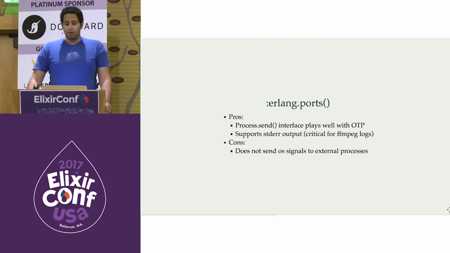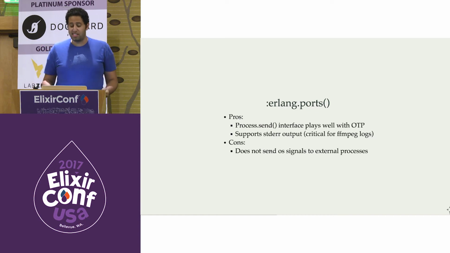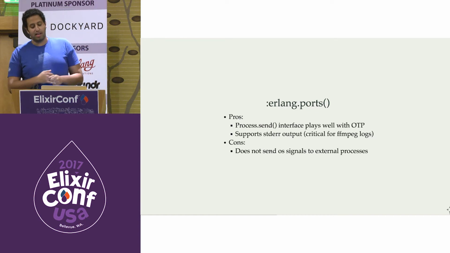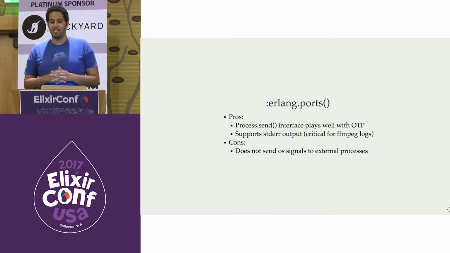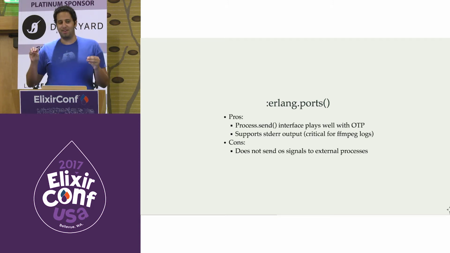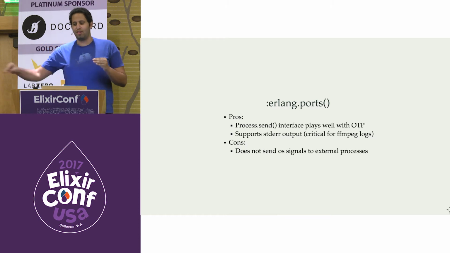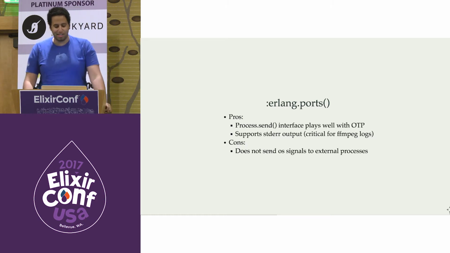Then there's Erlang Ports. Erlang Ports have a process.send sort of interface that play really well with OTP, and it also supports standard error output. That's sort of critical for Ffmpeg logs, because if you're spitting out video on standard out, you don't really want to spit out the logs in the middle of it. Sort of messes up your video. But